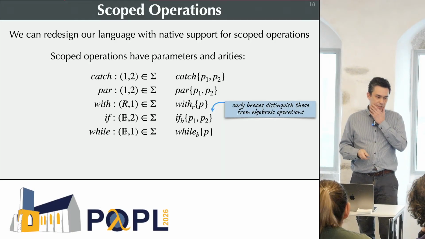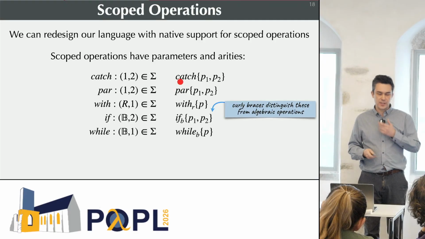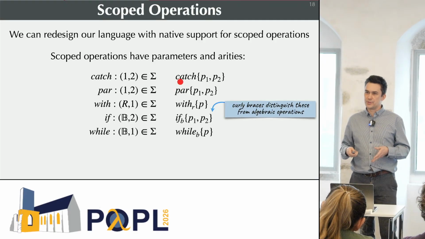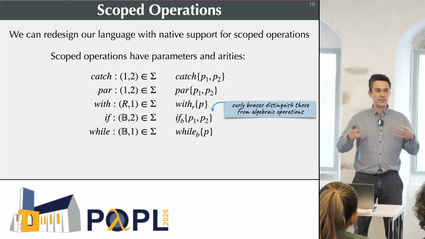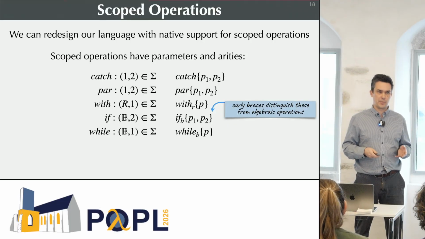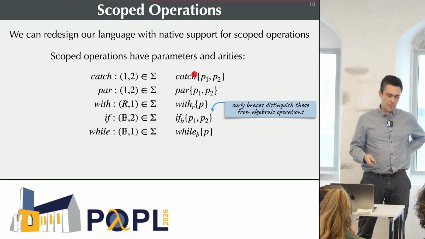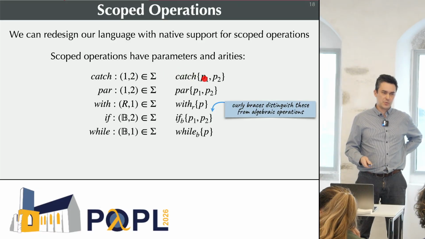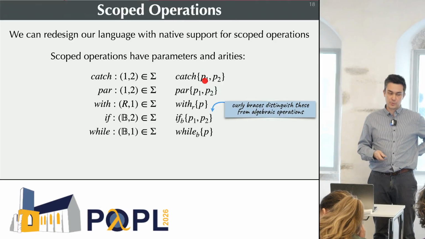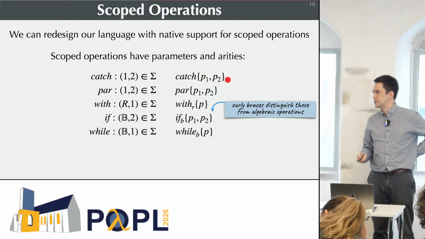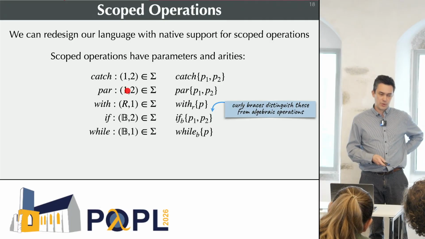And they essentially look very similar to before. They still have this idea of parameter and arity, but the arity is going to tell us how many programs are going to be needed to spawn off to deal with whatever interesting effects that we might have. So for example, catch: there's one operation catch that takes in one parameter, and it has arity 2, which means it has 2 programs that you might be interested in once you're dealing with this operation. So the first one being the ordinary program, and the second one being the program that handles the effects of that one.